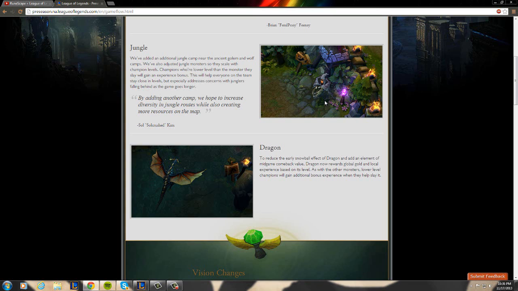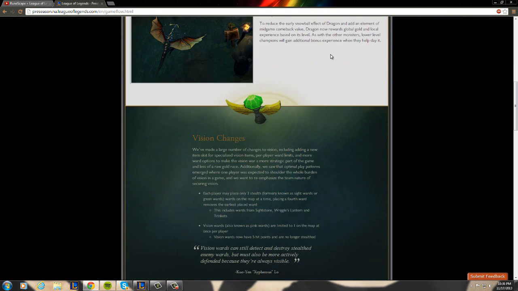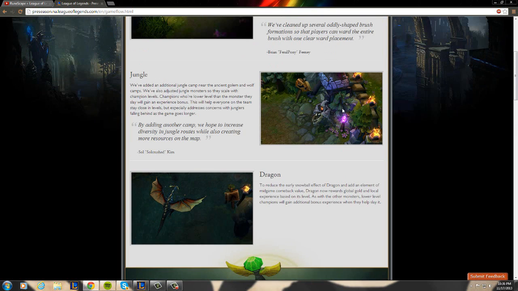Also, I think the jungle camps scale in terms of your team's overall level. So let's say your team's overall level is 13 and that's lower than the other team's overall level, then the jungle camps give you more experience. And I think that's the primary focus of Season 4, to prevent massive snowballing, where you get first kill, first tower, and you automatically lose the game. They want to create opportunities where you can come back,